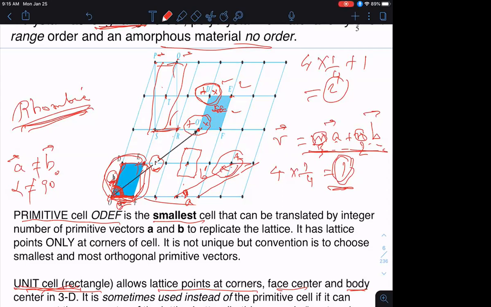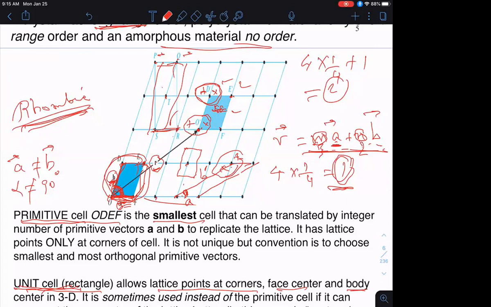So in this particular case, the most fundamental building block that we talked about is the so-called primitive cell, which is described as the most fundamental unit that can describe this lattice structure. You can translate this primitive cell by integer numbers of primitive vectors, say m times A plus another integer n times B, to go from ODEF to say another position, O prime, D prime, E prime, F prime,